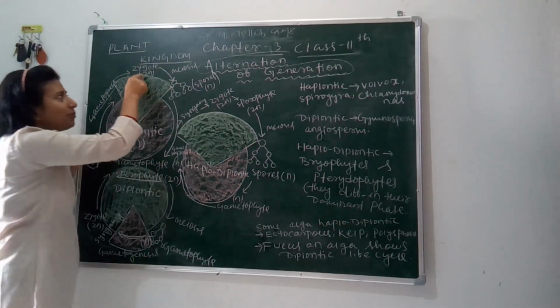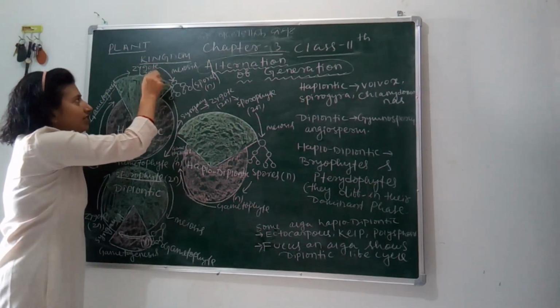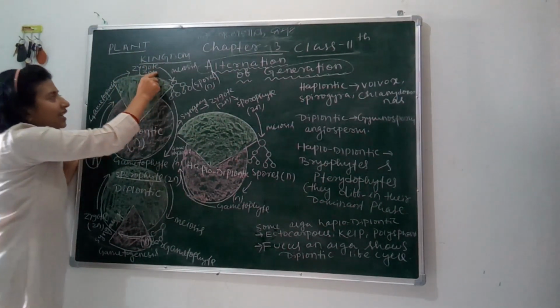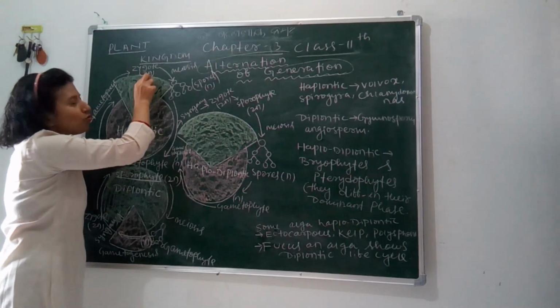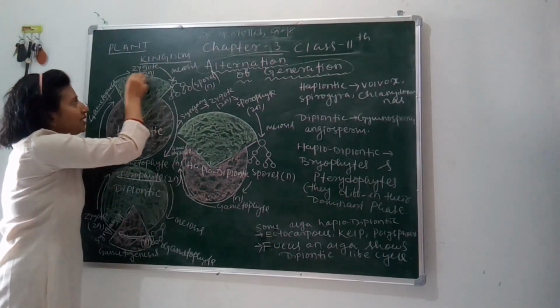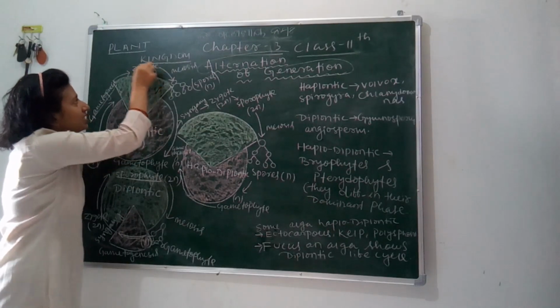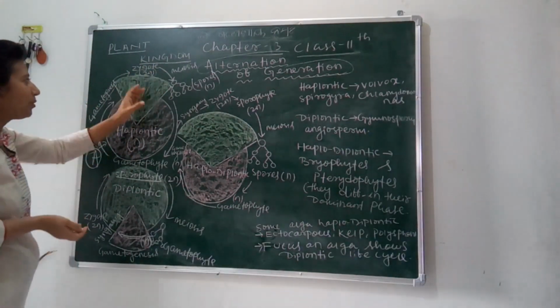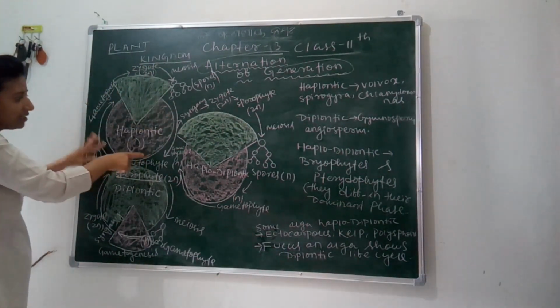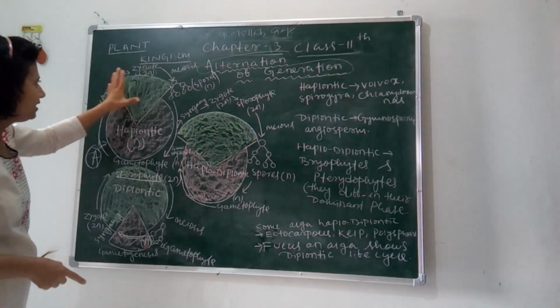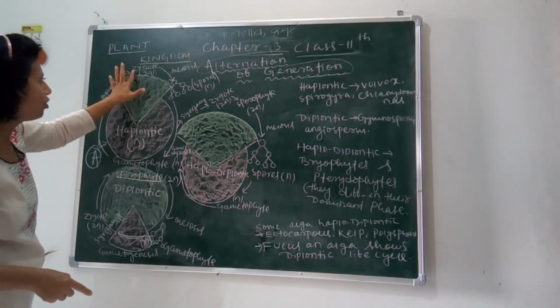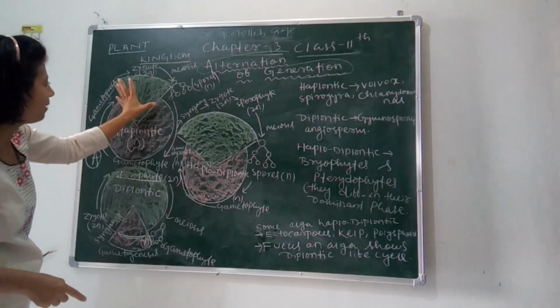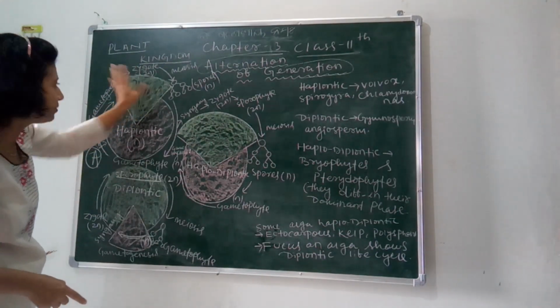The gametes are fertilized to form the zygote. Here you should see that the zygote is formed due to fusion of two gametes. So n plus n gives rise to 2n. Here the zygote is 2n. 2n means diploid. So if we consider the whole cycle as 100%, then the sporophytic phase or 2n phase is shown by only this 10%.